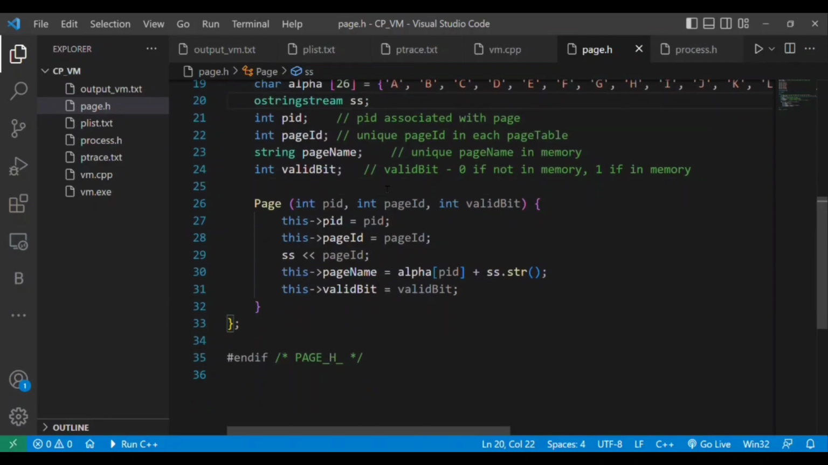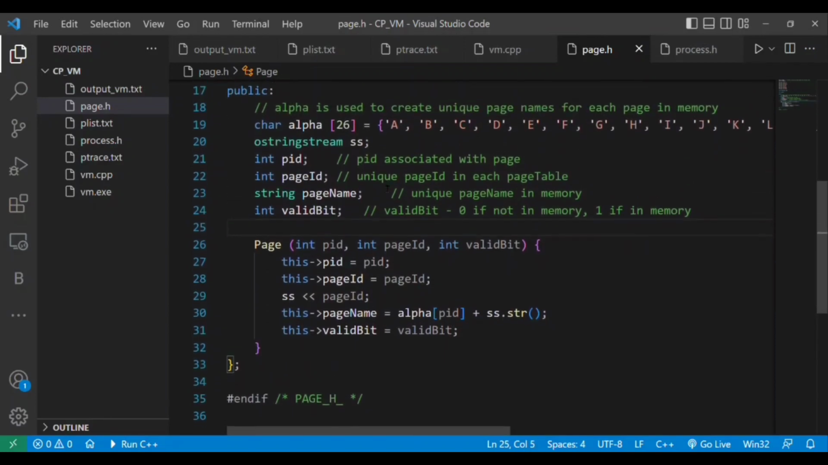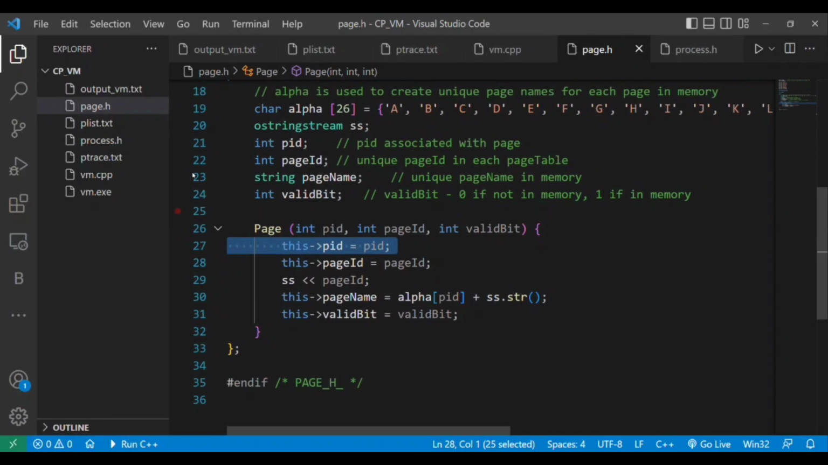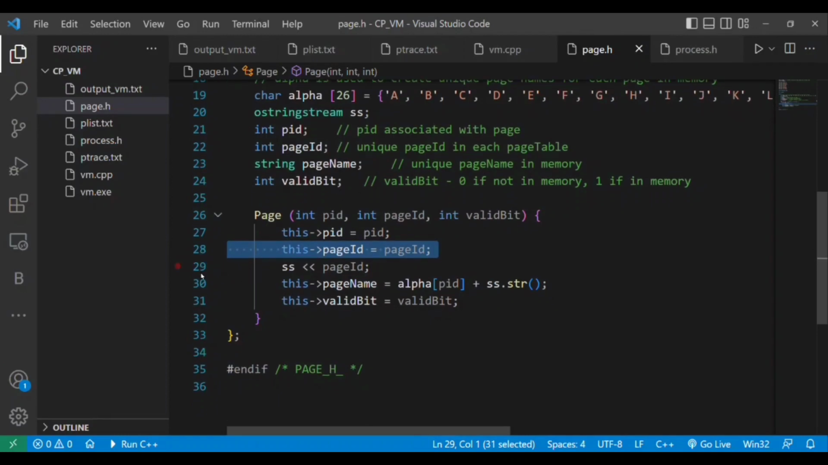Now we have a method called page. We are passing some arguments to this method, that is integer PID, page ID and valid bit. We will assign these arguments here on line 27. We are assigning the passed arguments to these integers. We will call objects of this class in our code to create different pages. So now we are assigning PID and page ID, which is again an argument,